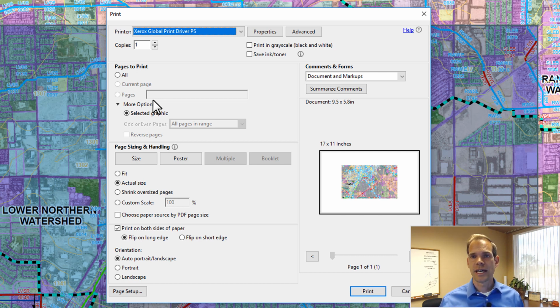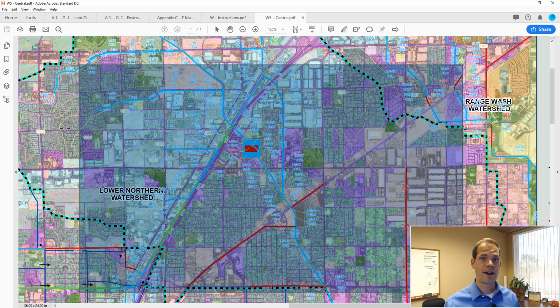Now that's a little bit rough. It doesn't give you the legend, so you might have to do that and then use some of the tools in Adobe to add a legend or to do some other markups. But it is a workaround and one way to use these maps if you're interested in smaller maps. Now, having said that, if you're interested in printing these smaller maps, there's a better way to do that than by using these PDF tools. I just wanted to show you this functionality. But if you want those smaller maps, there's a better way to do that,